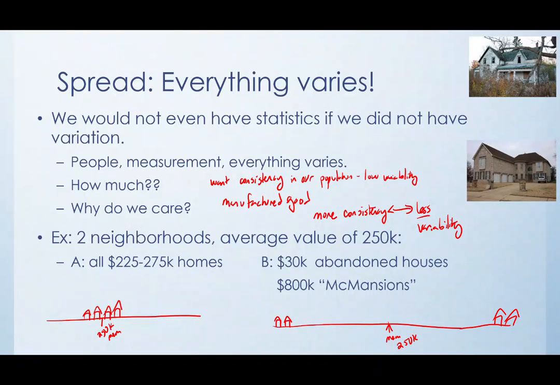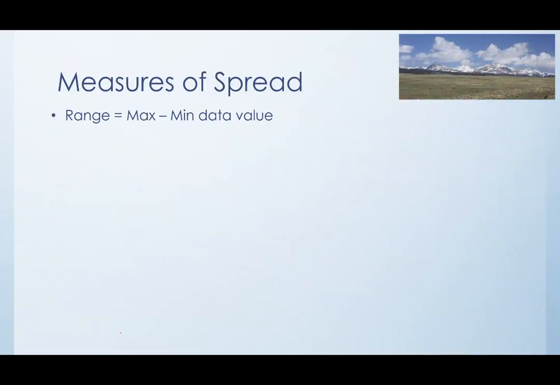And that's what we need to be concerned about, right? With that sort of neighborhood, either people are going to go in and buy all the abandoned houses and turn them into McMansions, which might be a good thing, or whatever caused the abandoned houses to be abandoned is going to cause the McMansions to go downhill too and bring the whole neighborhood down. It's very rare that it's going to stay in that in-between state. So this is just a made-up example between a very consistent neighborhood and a neighborhood that has prices that are very spread out.